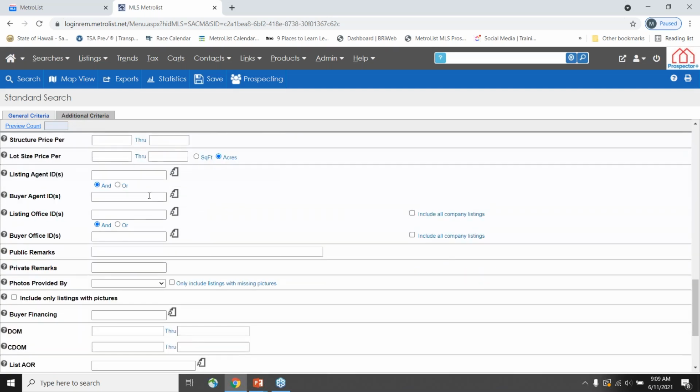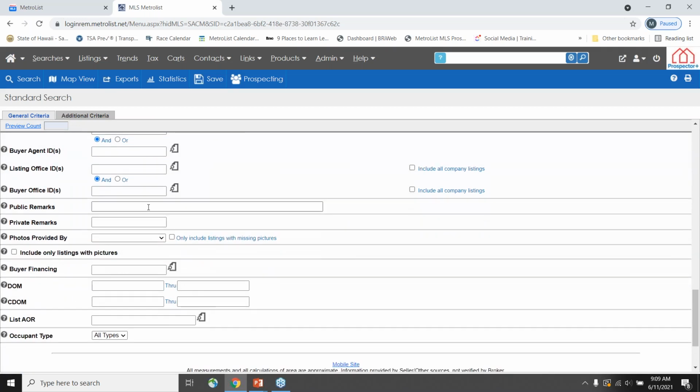You can also see here listing agent or buyer's agent ID. You can actually search by either of those IDs, and there's a little lookup icon right here to the right of each of these fields, or even listing office and buyer office ID. I love the public